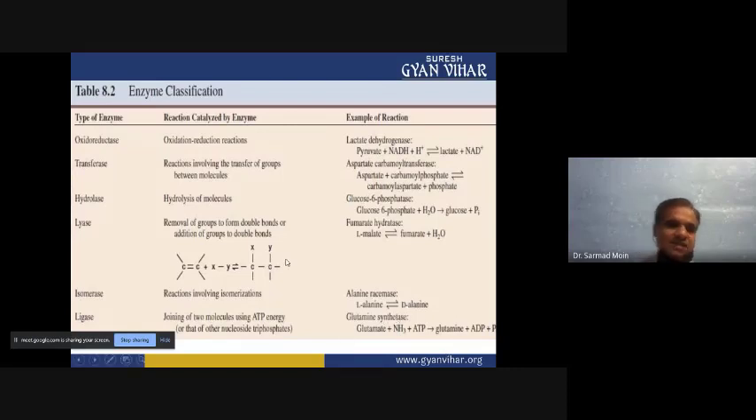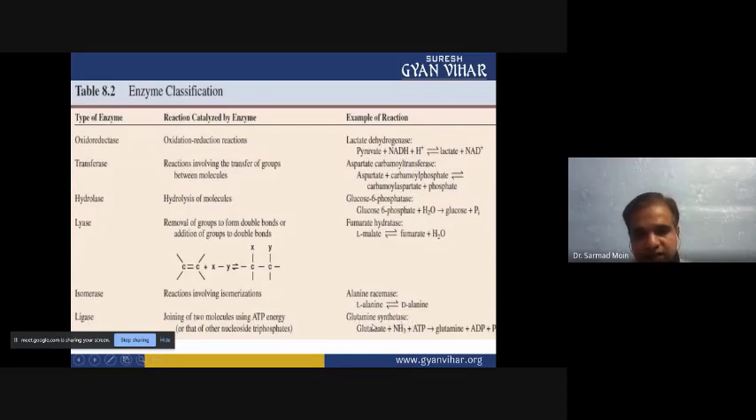Then ligase is there. Ligase is a basic enzyme which can join two molecules using ATP energy. See, when the DNA has a gap in between, these DNA gaps can be filled by the ligase enzyme. So they are joining two molecules and it requires energy. When DNA has a gap, that gap will be filled by the enzyme. It requires a catalyst, and ligase can fill the gap. So one example is there,